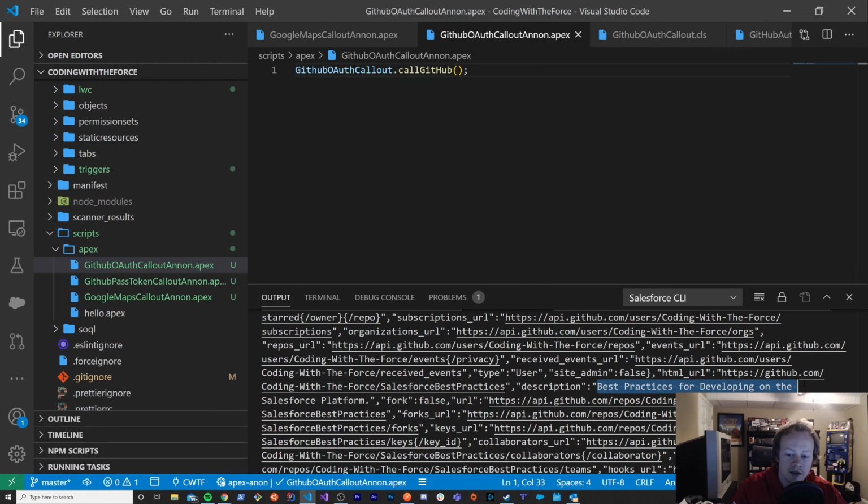So best practices for developing on the Salesforce platform, which is really a name I ought to change because I don't particularly like the name best practices. I don't think there's anything that is best. There's just maybe a little better. So anyway,